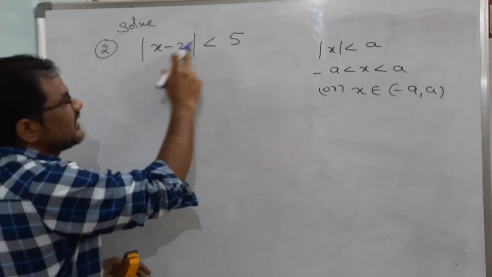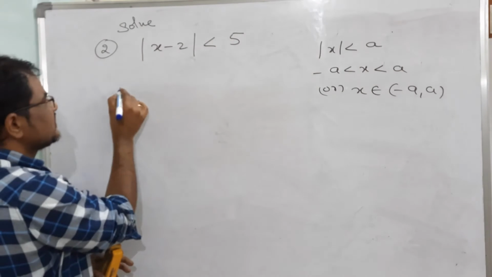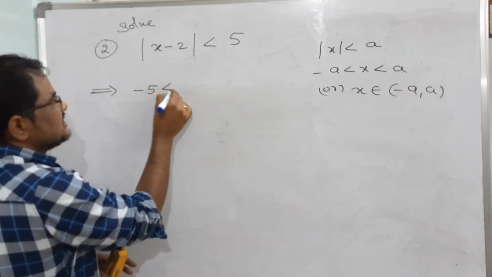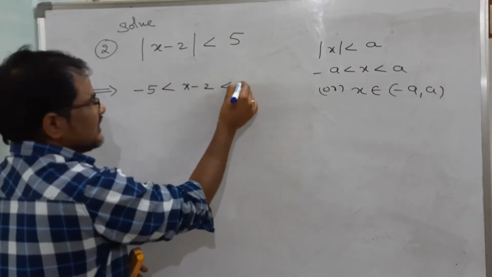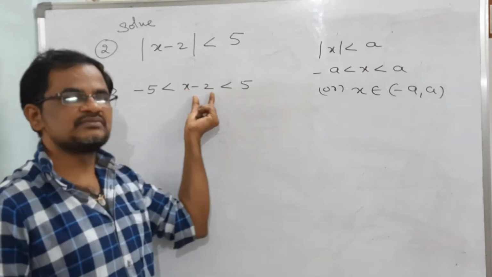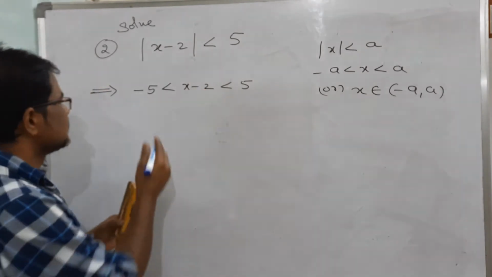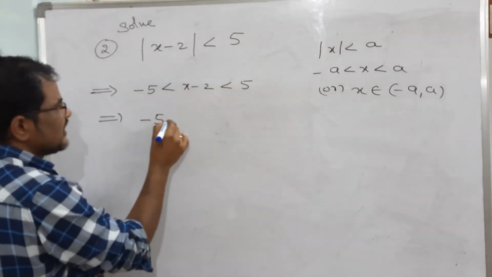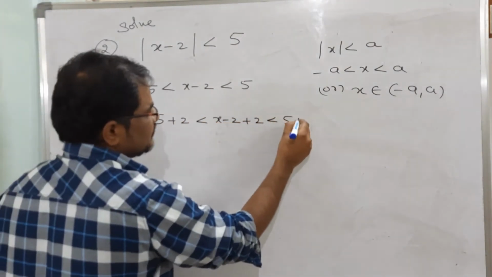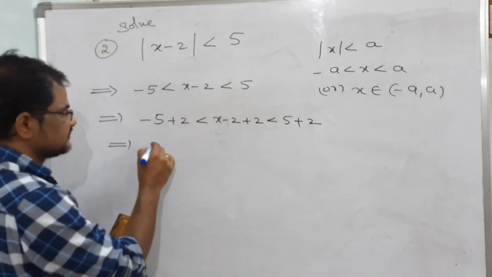Now in place of x, x minus 2, in place of a, 5 is there. So how to write this using that result? Minus 5 less than x minus 2 less than 5. Now we have to eliminate this minus 2. How? We have to add plus 2. So minus 5 plus 2 less than x minus 2 plus 2 less than 5 plus 2. That implies what is remaining, minus 3,